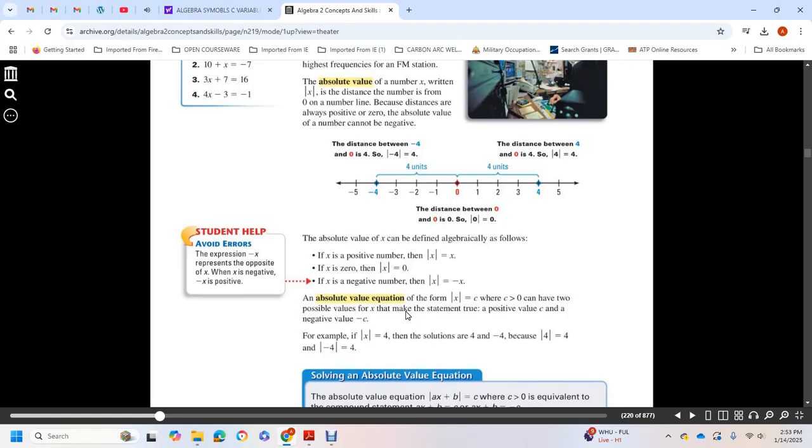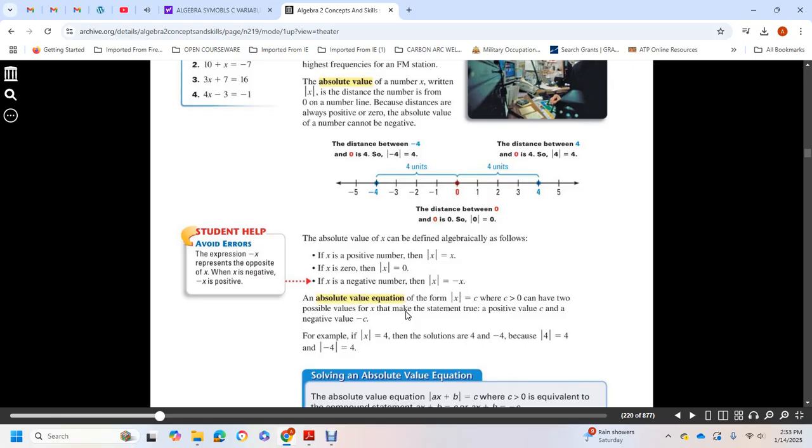If x is a negative number, then negative x represents the opposite of x, to avoid errors. When x is negative, negative x is positive. So,